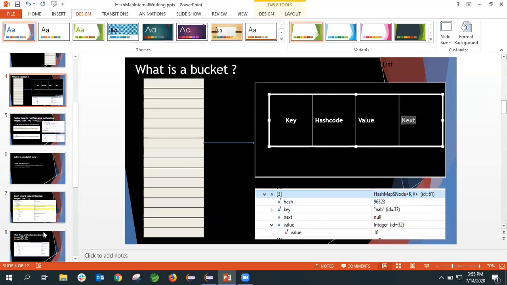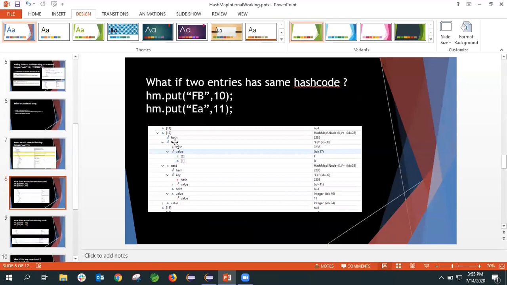In the screenshot we have seen the same thing. In the next, we have this other node. Hash code is the same, 2236. Here the key is FB, and the key here is EA.